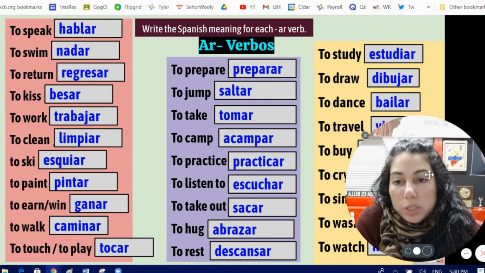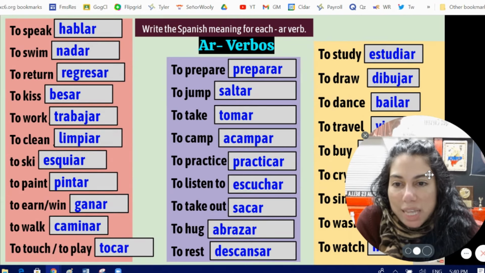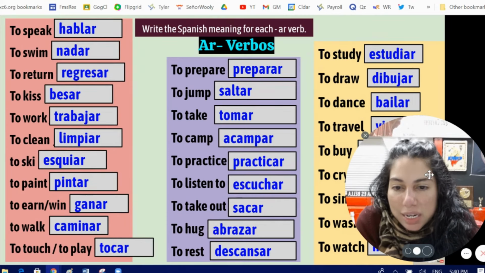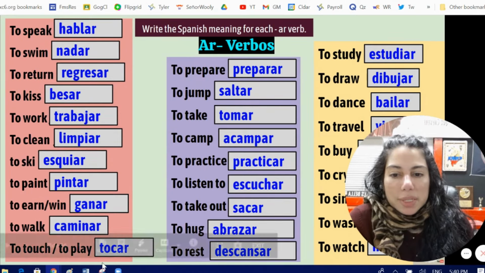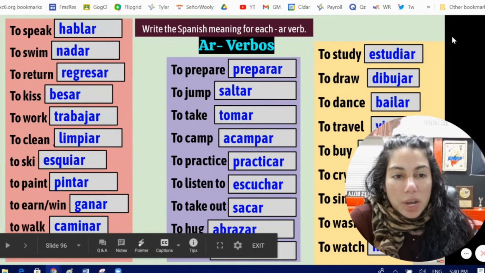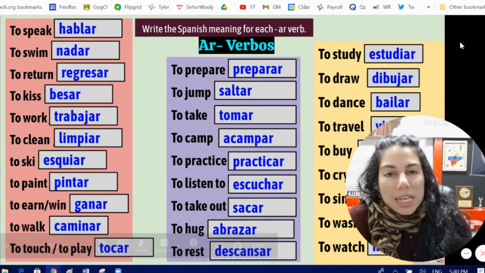So let's start with to speak, which is hablar. Okay. Hablar, nadar, regresar, besar, trabajar, limpiar, esquiar, pintar, ganar, caminar, tocar. And the reason why we put tocar and we put to touch, to play, is not